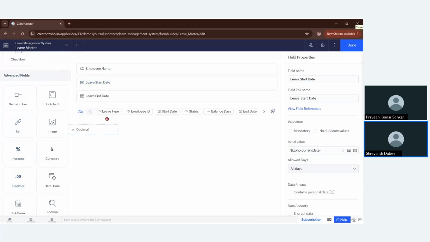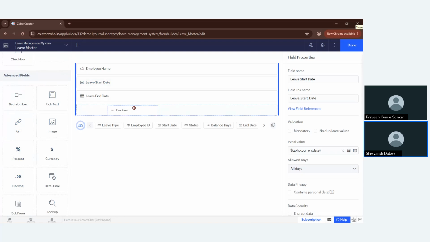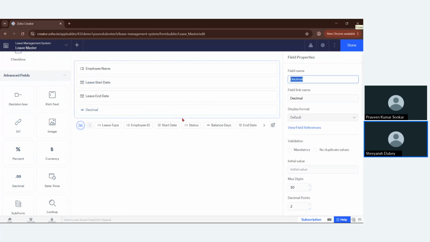Here you can put a number as well, but sometimes during the calculation of the date difference, it might give you a decimal number, especially if you are using a date and time field as well. So to not have any discrepancy in the data, we will be using